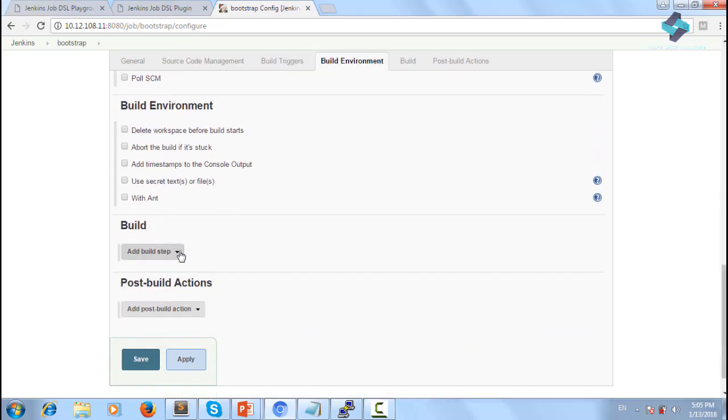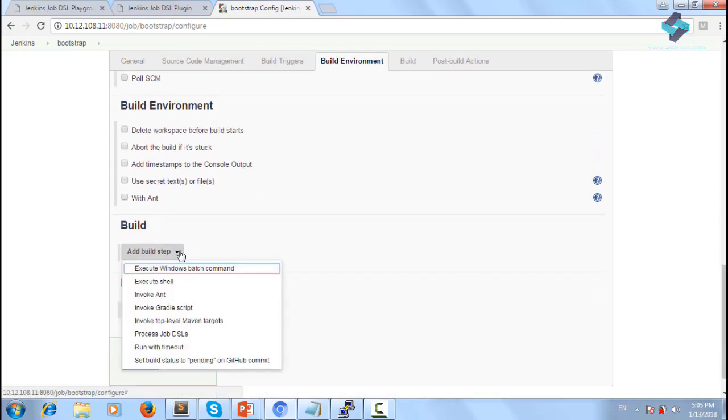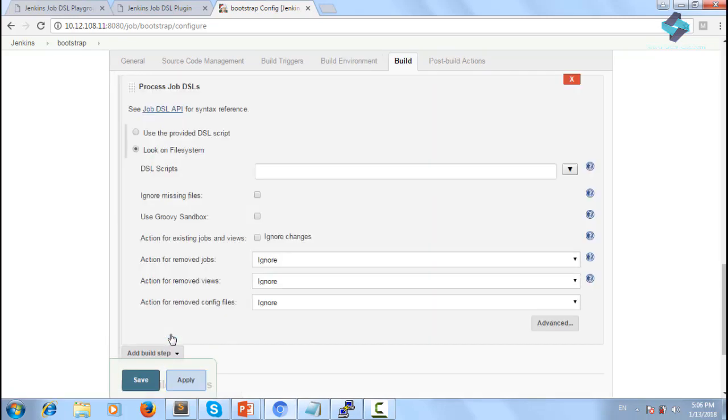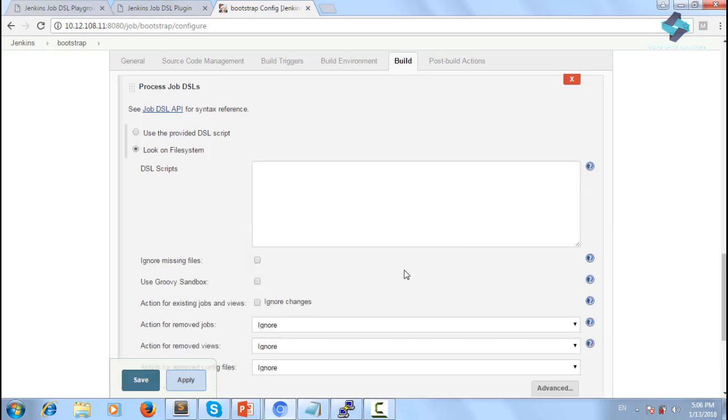To use the Jenkins DSL plugin, scroll down to the Build section and select Process Job DSLs from the drop-down menu. Once you select this option, you can configure options such as adding Groovy scripts for the job. If you have readily available Groovy scripts in the repository, you can specify them in the DSL scripts section. You can specify multiple Groovy scripts, each one separated on a new line. The job has been configured,